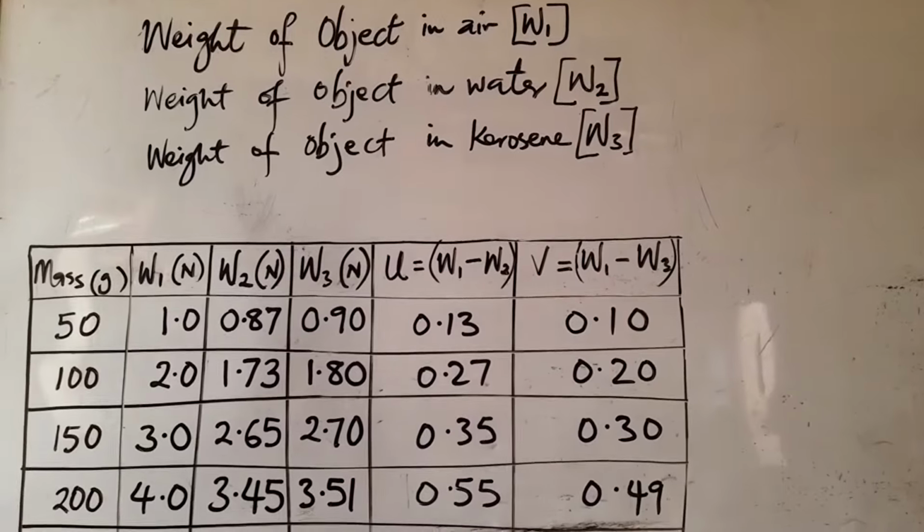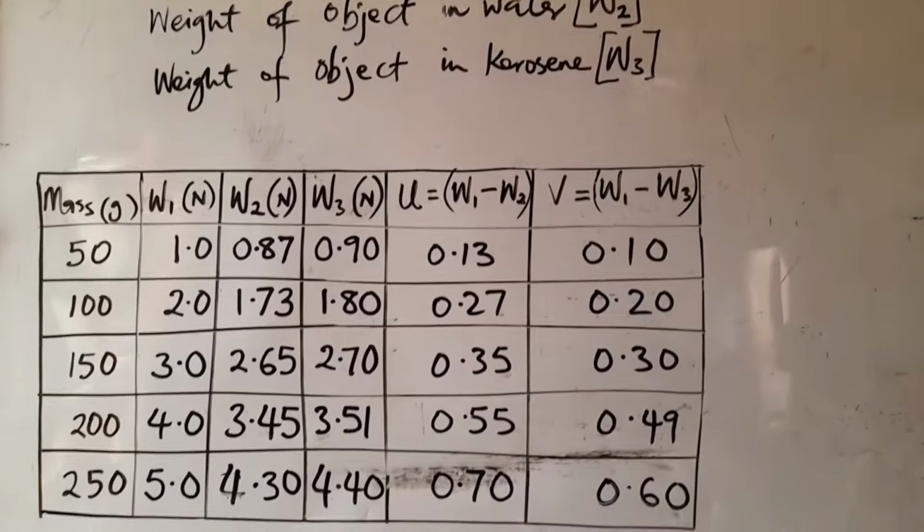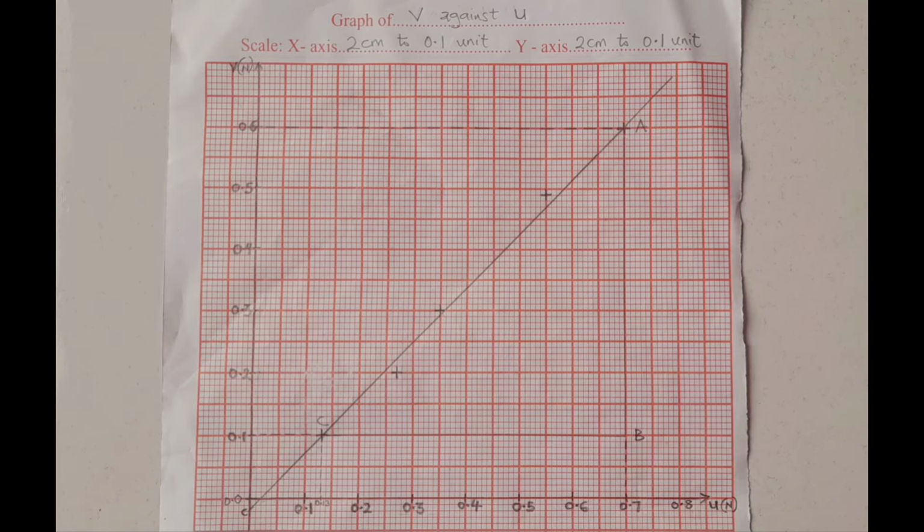So as you can see, the scale I used was 2 cm to 0.1 units on the horizontal axis, and on the vertical axis the same scale, 2 cm to represent 0.1 units because of the values. We're to plot a graph of V against U. So V on the vertical axis as y-axis, and U on the horizontal axis as the x-axis. So I filled in my values using the scale I provided here, and you can see